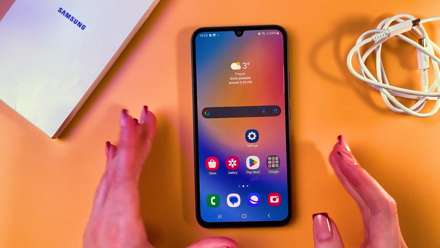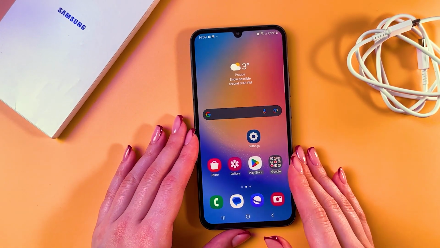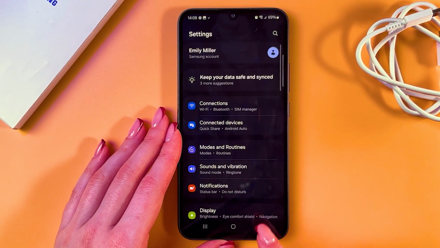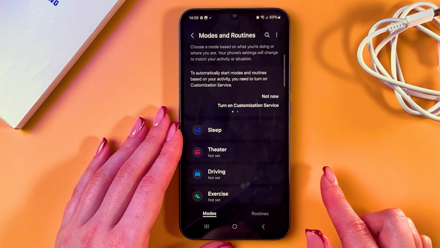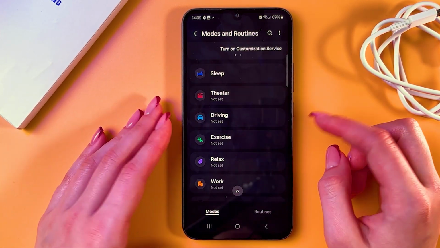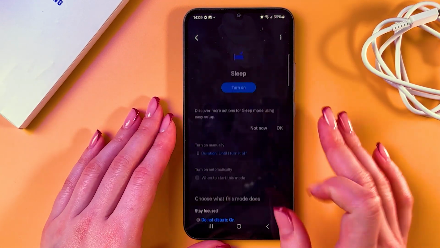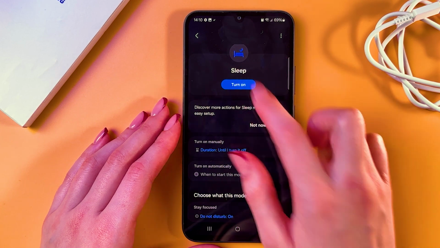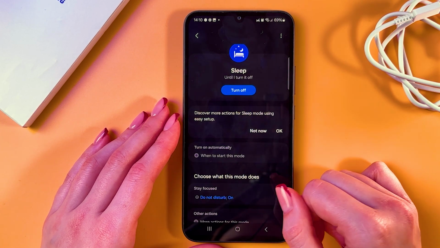Hi, to enable and disable bedtime mode on the Samsung Galaxy A34, we just need to go in the settings first and then select this modes and routines tab. And now the first thing we can see is sleep mode, which is basically the bedtime mode. So simply select it, and we can also enable it right now just by tapping on this turn on, and